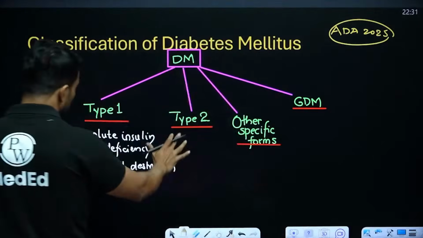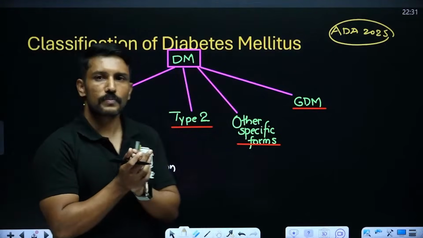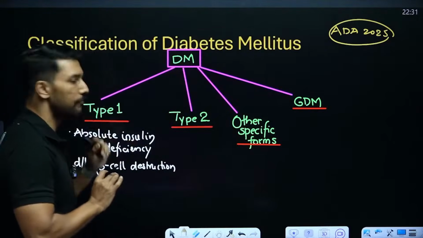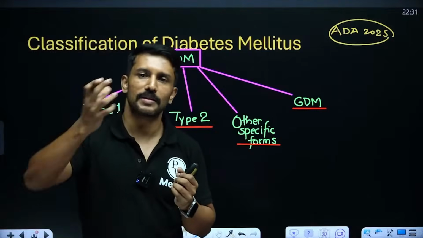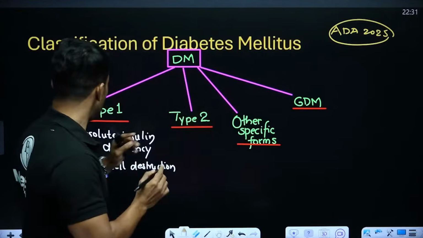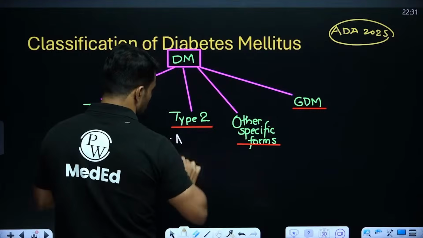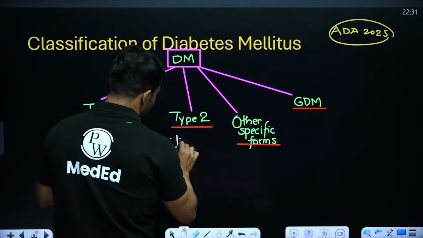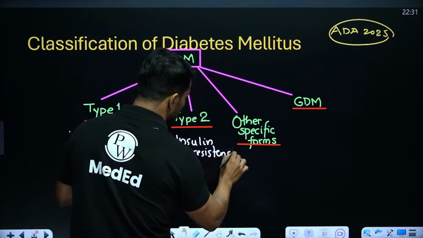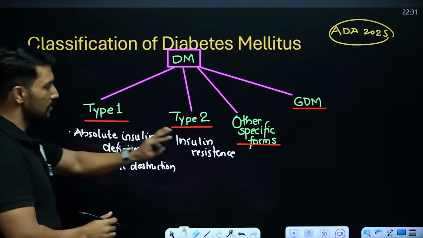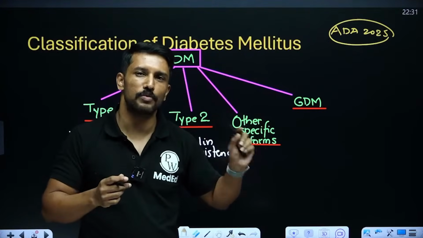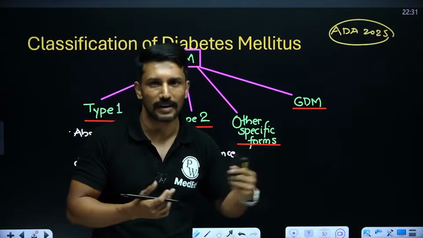That is type 1. Then we have type 2. In type 2, the insulin production is fine. Insulin production is not decreased. There is no insulin deficiency. Then what is the problem? Even when beta cells are producing sufficient insulin, this insulin is not able to work on its receptors. So the main mechanism here is insulin resistance. So in simple words, you can say that this is a receptor defect, not a pancreatic defect, where the pancreas produces insulin, but it fails to work on the tissues because of abnormalities of the receptor or the second messenger systems.